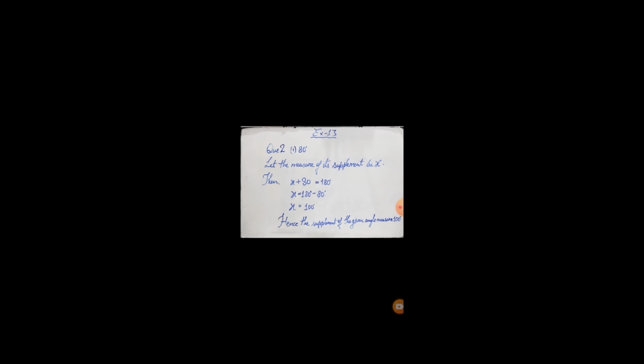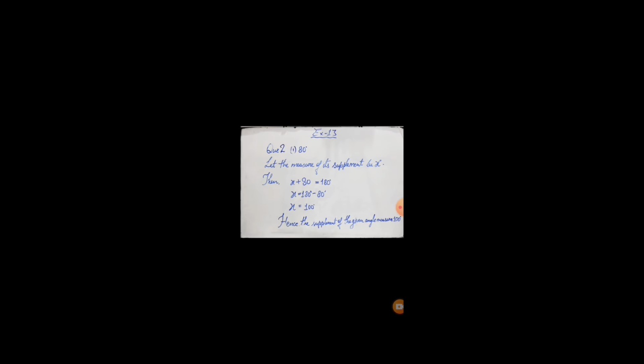So let the measure of its supplement be x degrees. We don't know the measure of the second supplementary angle, so we will assume it is x degrees. Then we know that their sum is 180 degrees, so we can write x plus 80 degrees is equal to